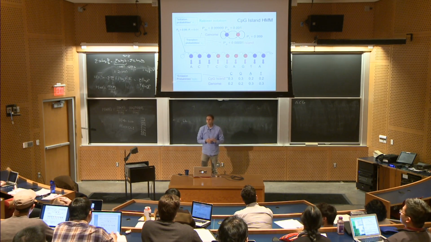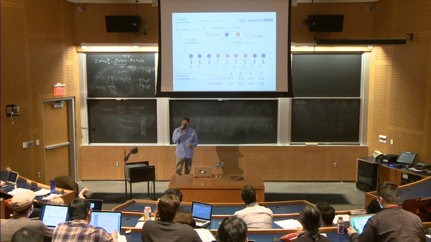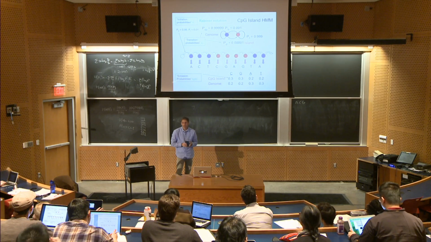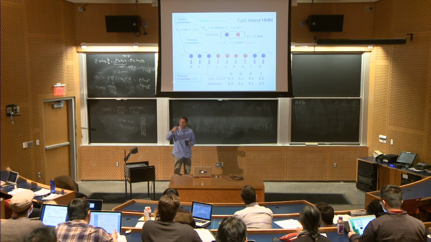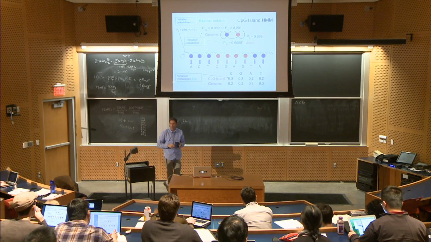Sally's shaking her head though. The transition probability from being in the genome to the island is very, very small, and so it's more likely that it'll either only be in the genome or only be in the island. The transition from genome to island or island to genome is very small, and so you're going to pay a bigger penalty for making that transition that may not be offset by the emissions, right? Is that your point?